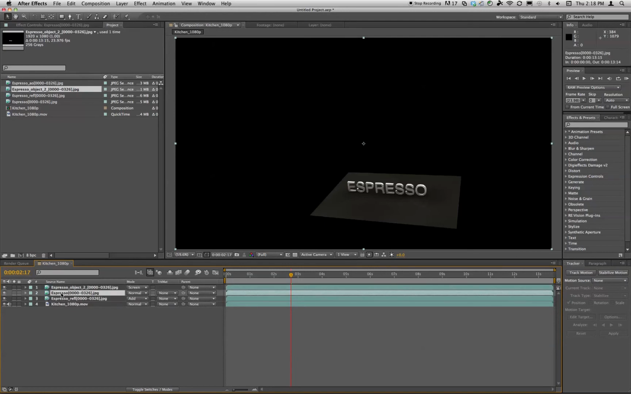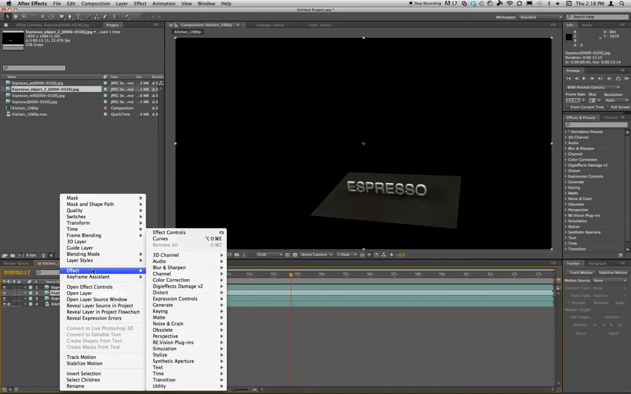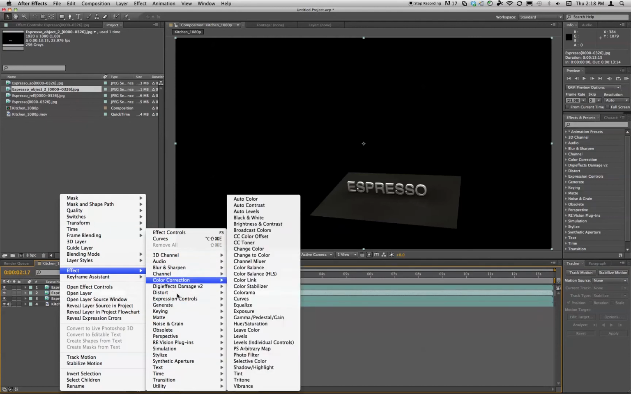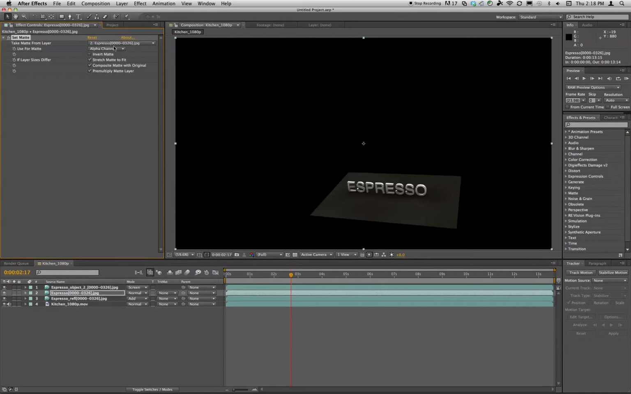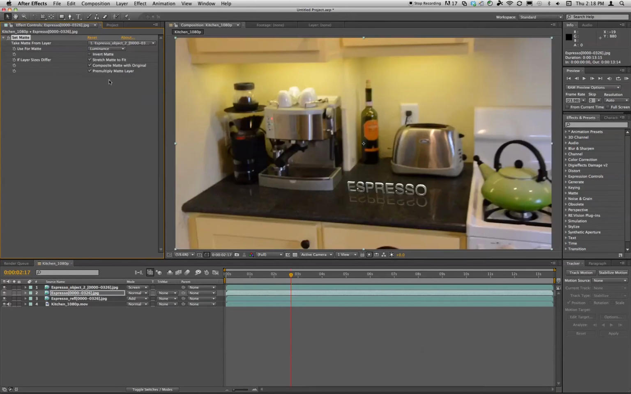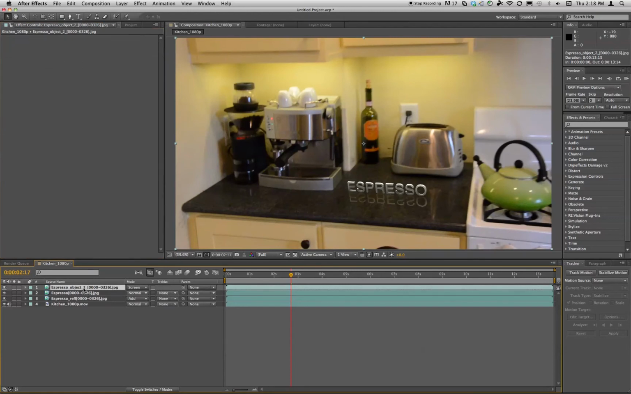And then to mask off my movie with that object buffer, I simply have to say Effect, Channel, Set Matte. I'm going to choose the Espresso object buffer for that matte, and I'm going to use the luminance channel to do that. So now this Espresso object 2 is simply a white layer. It's doing two things right now. It's acting as a matte for my original layer, so it's cutting it out so it looks like this,